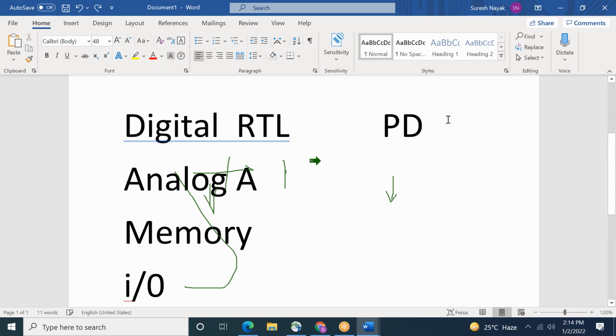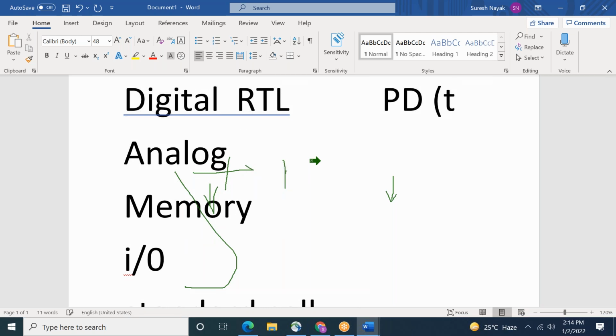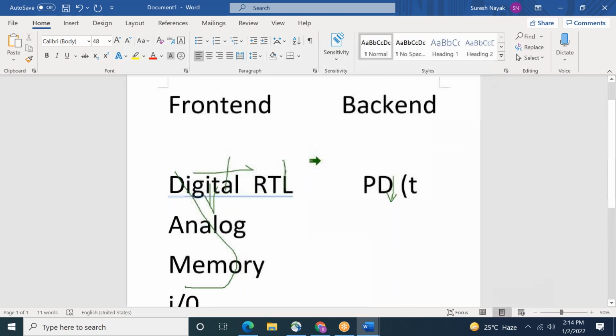So PD people, they will do timing analysis. Timing means setup time, hold time, all these things will be done by PD people, or static timing analysis, STA. But analog layout people, they will not do. Okay, some people are not understanding.